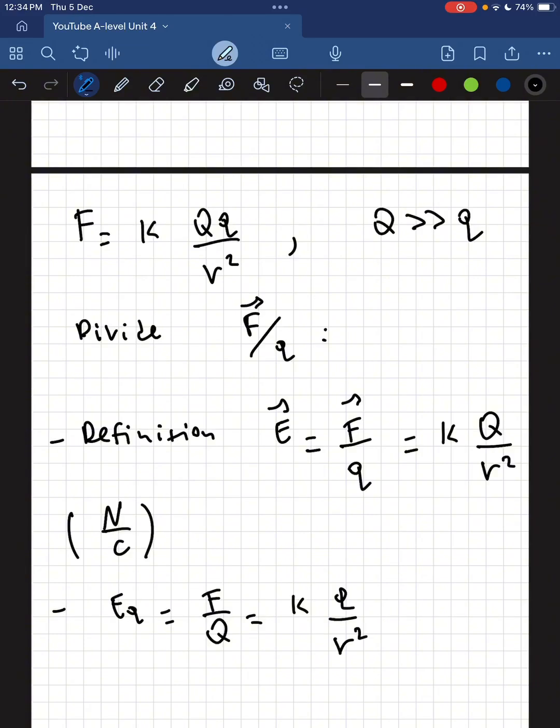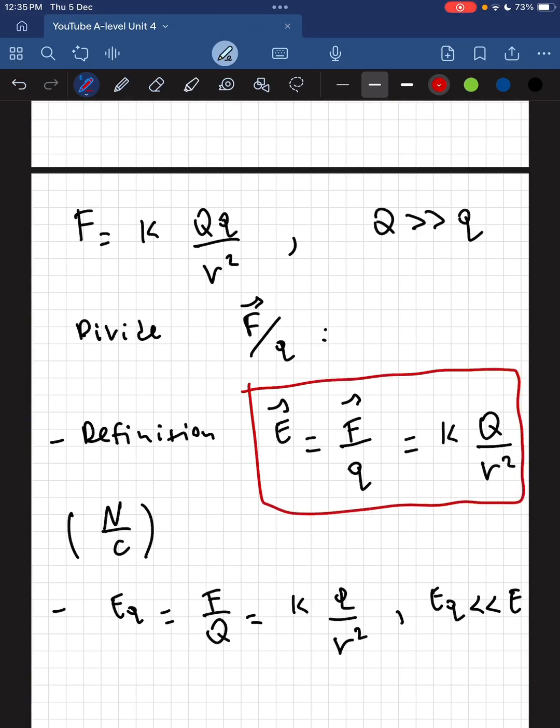So yes, indeed, every electric charge sets up an electric field, but it doesn't make sense to talk about the electric field of the proton, because it's going to be much smaller. So E small q is going to be much smaller than the E we just defined over here, and this is because this is a much larger charge. Now,